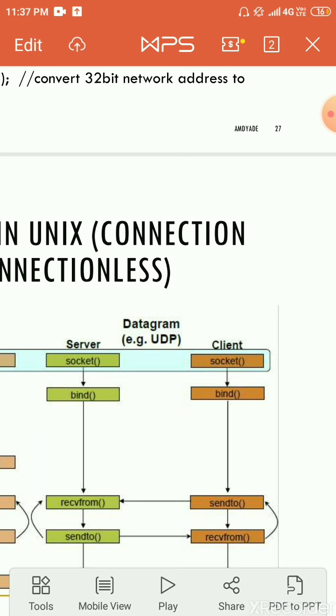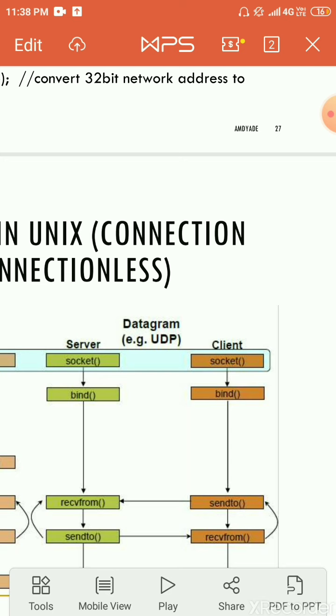On the client side, the client process is simpler. The client calls the socket function to create the socket. Once it creates the socket, it calls the send to function and passes the socket address of the server and the location of the buffer where UDP can get the data to make the datagram. Then the client waits in the receive function, which blocks until it receives the reply from the server. When the reply arrives, UDP delivers the data to the client process, which makes the receive function unblock and deliver the received data to the client process.